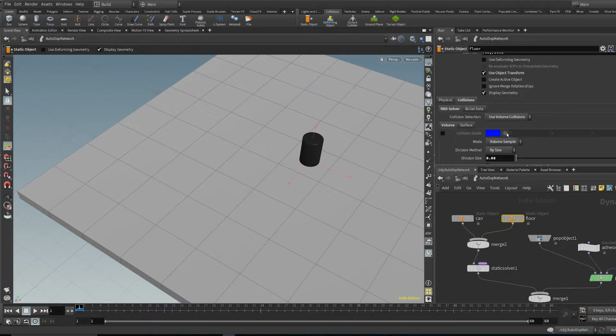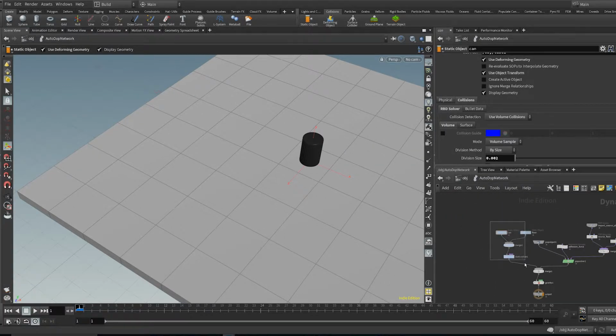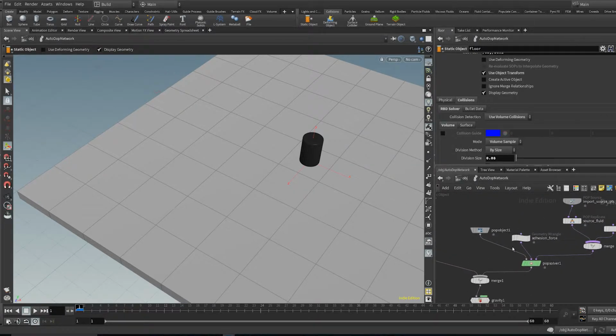So we're going to turn that off, and we're just going to double check. We're really not going to even leave it up to the solver. We're just going to put it to volume collisions. Cool. And so those should be all set. That's all you ever have to do with those guys for this setup. Just leave them over there. Forget about them. The other things in here that you're going to be messing with are the adhesion